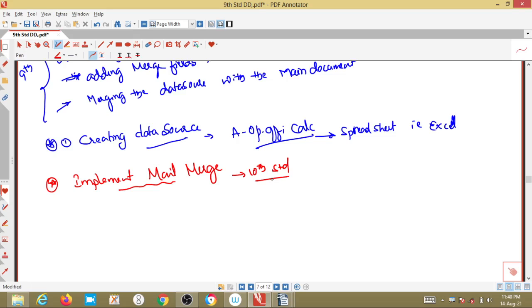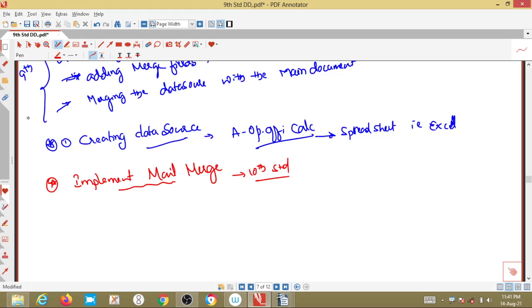The main concept in implementing a mail merge is the steps to print labels for your mailing list. That is the most important topic.